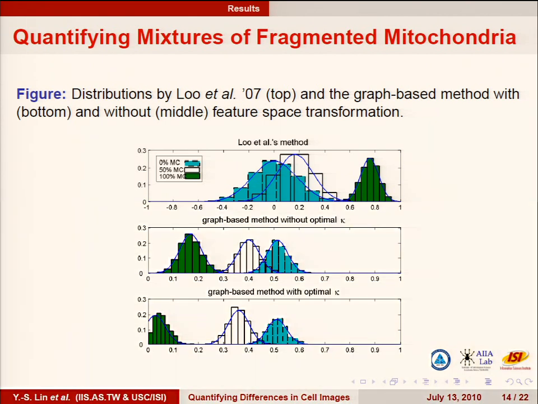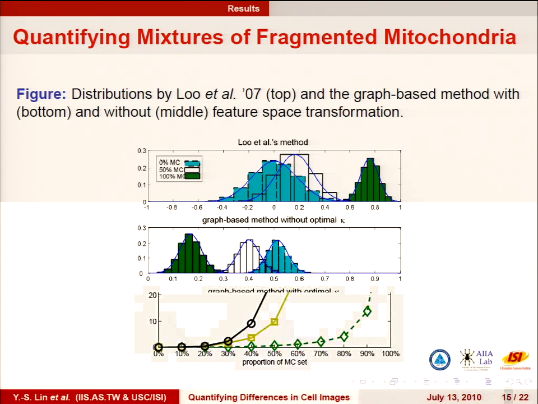Mainly using graph-based features, it's actually the distribution with a smaller spread, and after we transform the feature space, it will be stretched out, and our method will be different in this case. And we repeat the same proportion of mixture